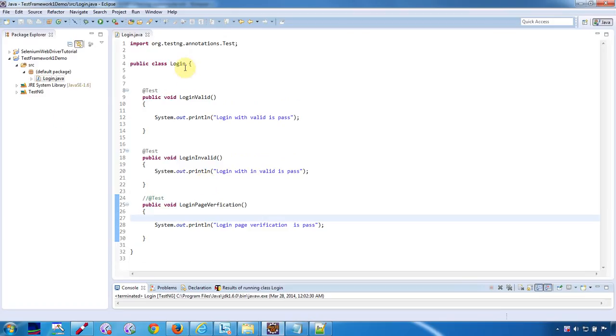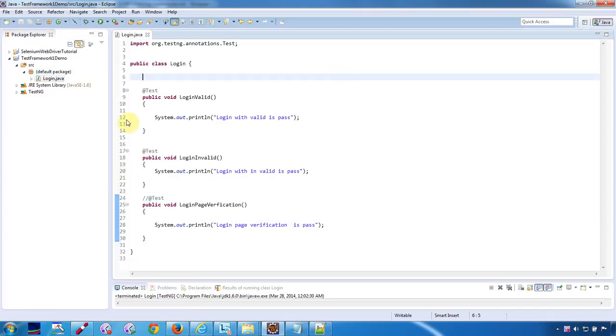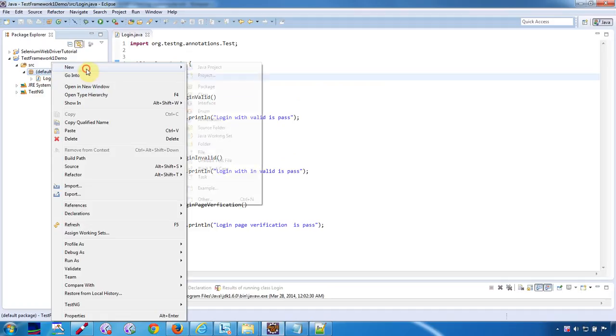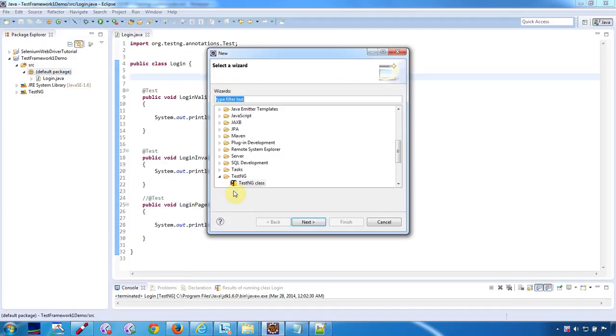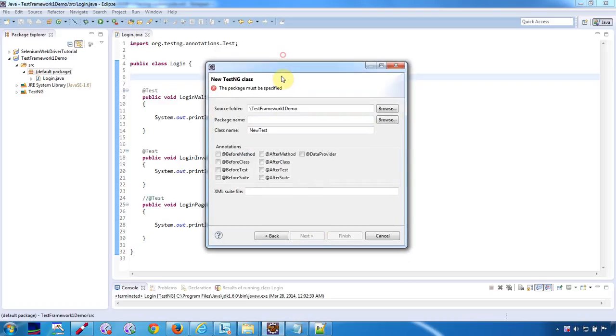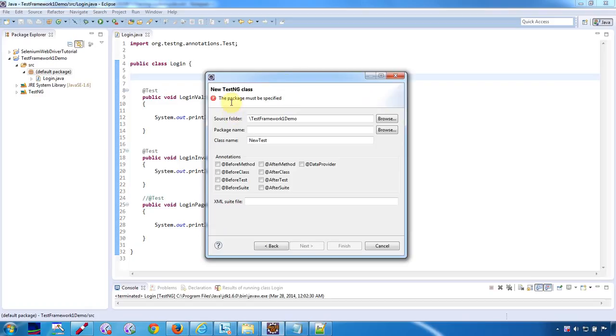Now I'll create another TestNG class. We have seen this by creating a normal class and converting it into a TestNG class. Now we can create a TestNG class directly. Go to New, Others, there is an option called TestNG. Expand this, select this, click on next. This is the special type of class of TestNG. Class name you can give